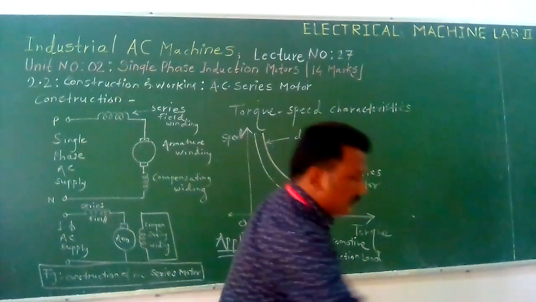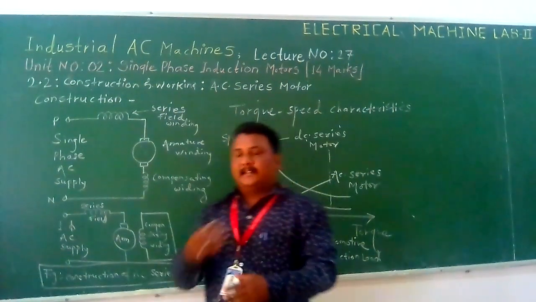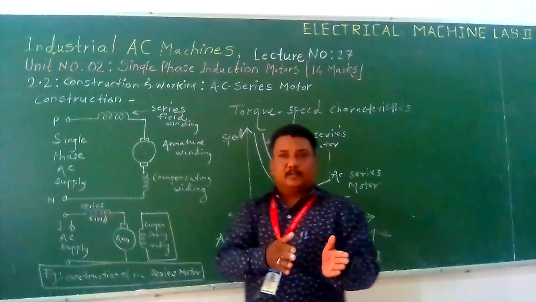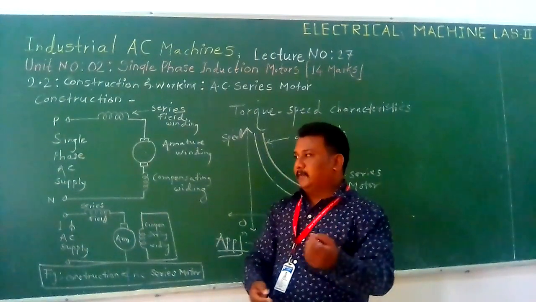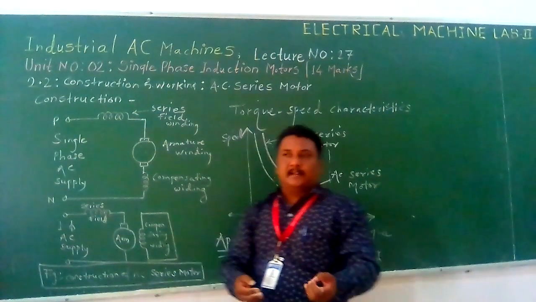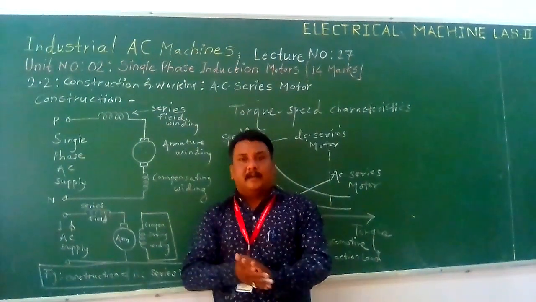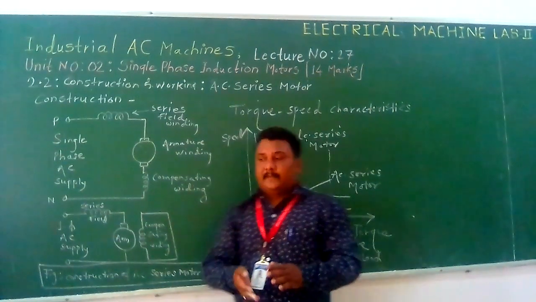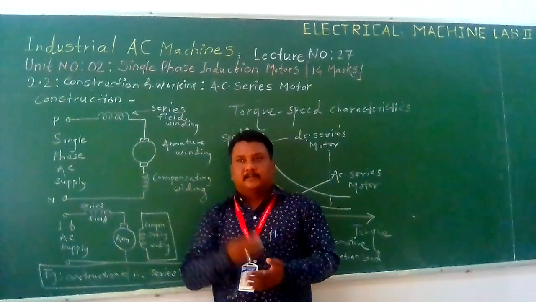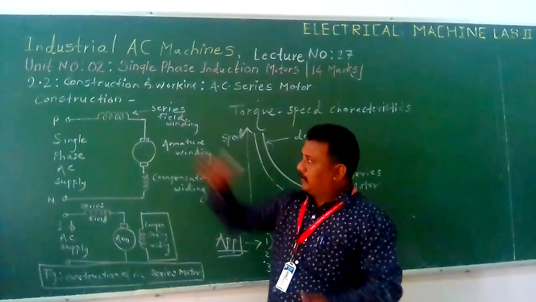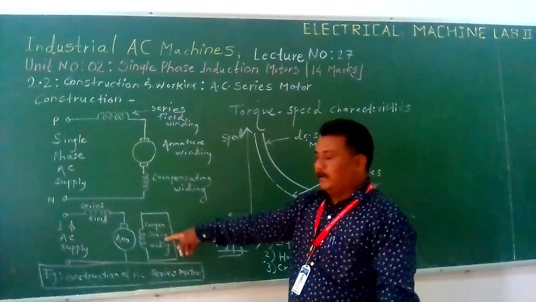So today we conclude that we have seen the AC series motor. For the AC series motor, a DC series motor requires some modifications. We have seen 5 modifications. Firstly, reduce field ampere turns. Second, use laminated parts. Third, increase armature ampere turns. Fourth, use compensating winding. Fifth, use sparking resistance. Then we saw the construction of an AC series motor, in which the compensating winding is in series or in parallel.